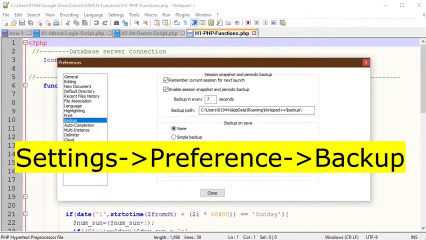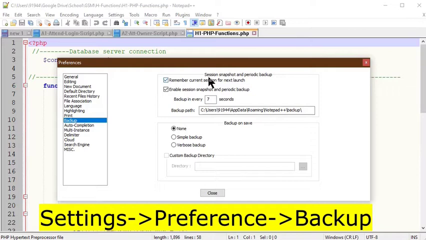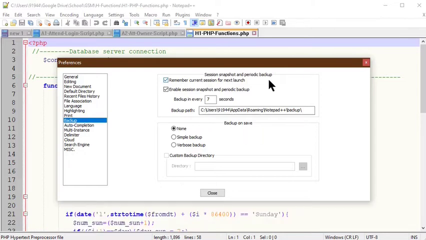In the backup settings, there are two parts of settings. One is session snapshot and periodic backup, and another is backup on save. In the session snapshot and periodic backup, there are two checkboxes. One is remember current session for next launch.